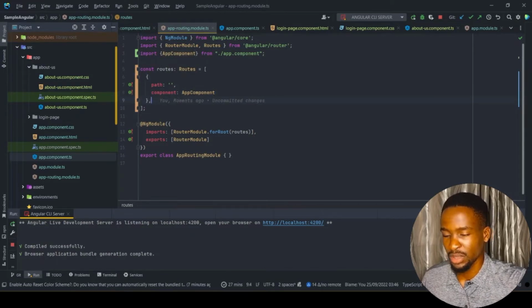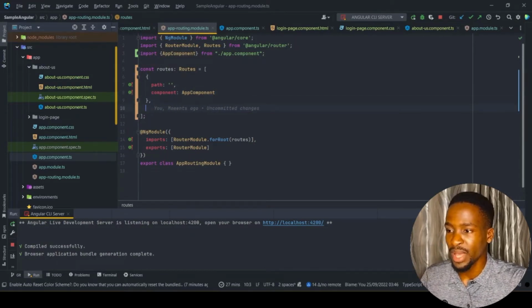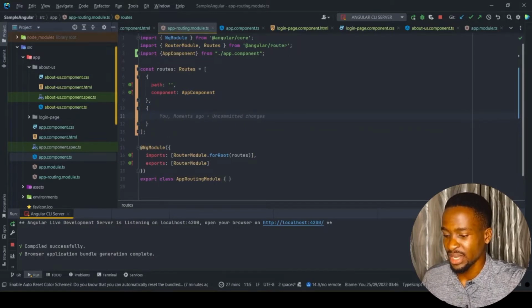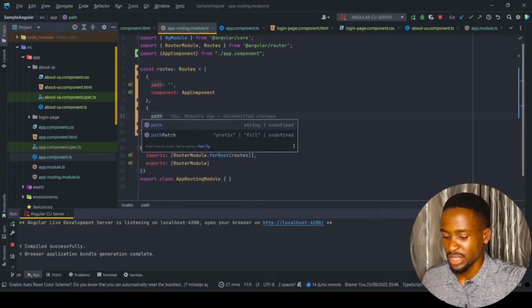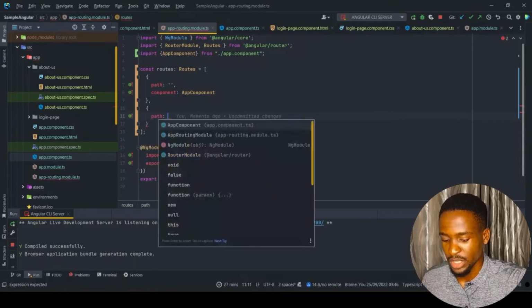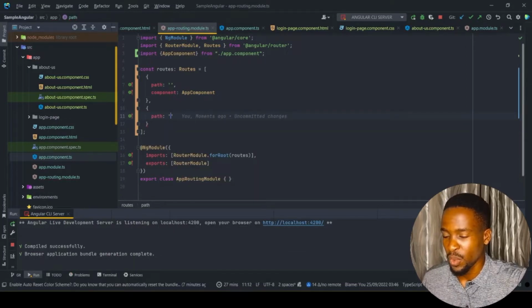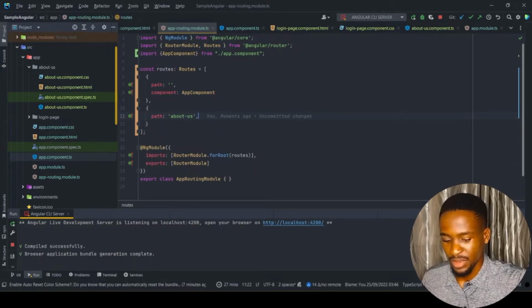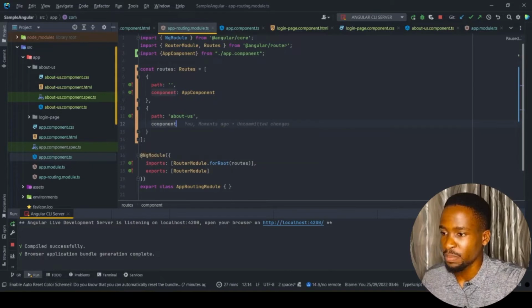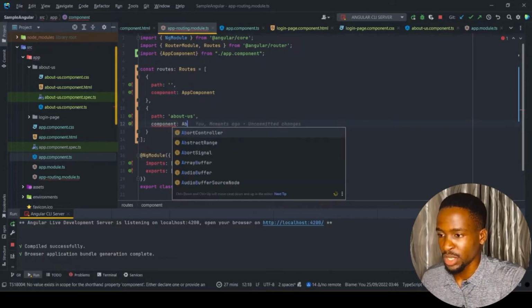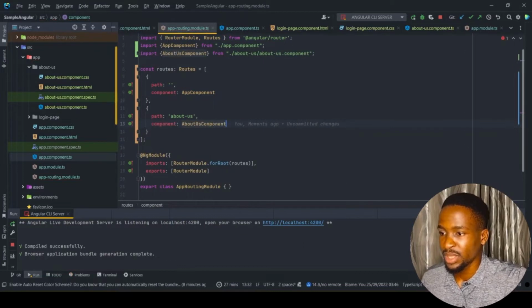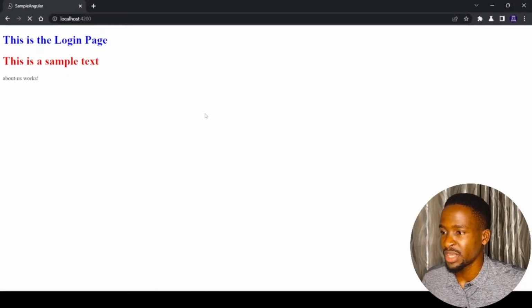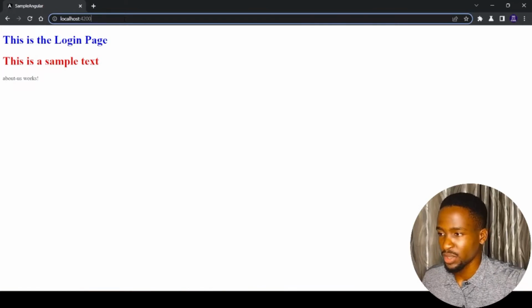But what if we want to declare more routes? I can come over here, add a comma, and declare a new object. I can say that the new path of this one is going to be, let's say, about us. I'm going to come over here and say component should be the AboutUsComponent. So when I save this,